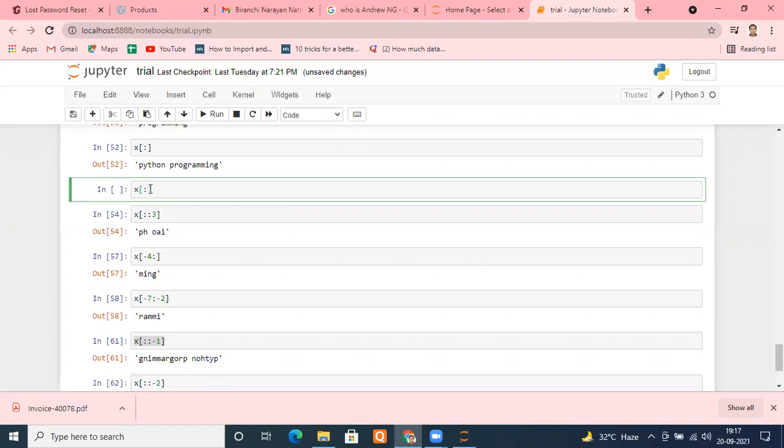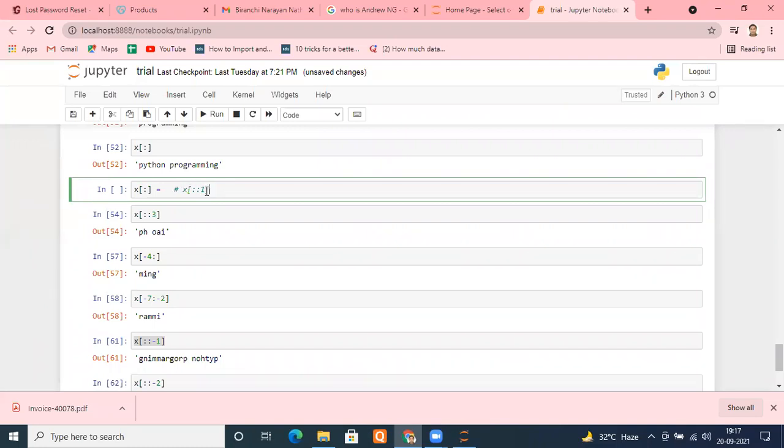Once we put a colon here, when we want to manually supply a step size, by default, this is this. If I don't put anything here, this is equivalent to this colon 1. Let me put a hash here so that you can see.